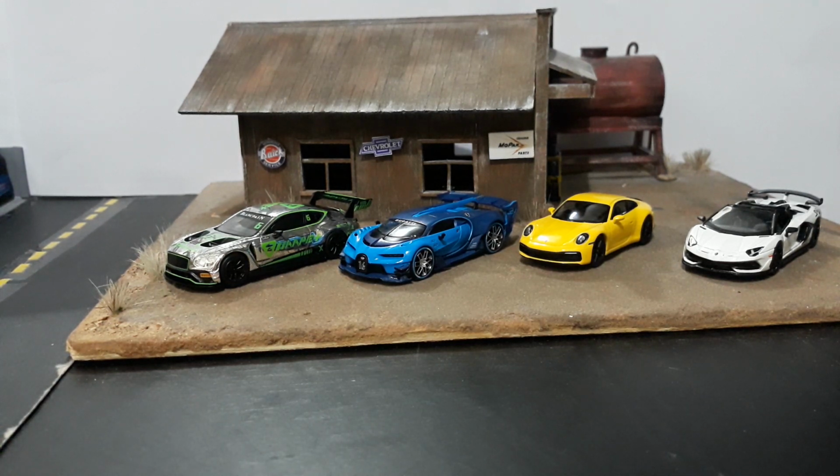We are going to be doing a video on Time Micro LBWK GTRs. Taking a look at them. Then later in that week, we'll be doing a comparison of the Time Micro Silhouette LBWK GTR versus the Mini GT Silhouette GTR. So be sure to tune in next week for those 2 videos,